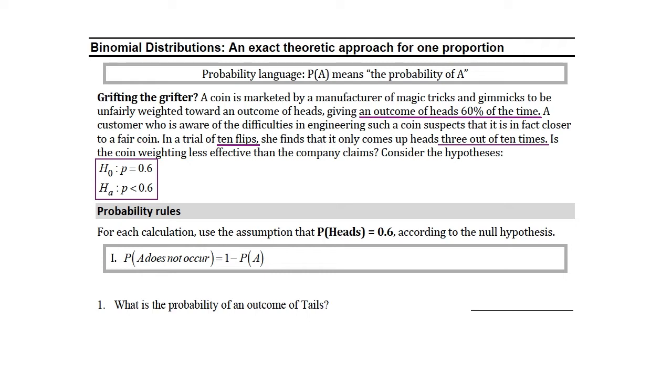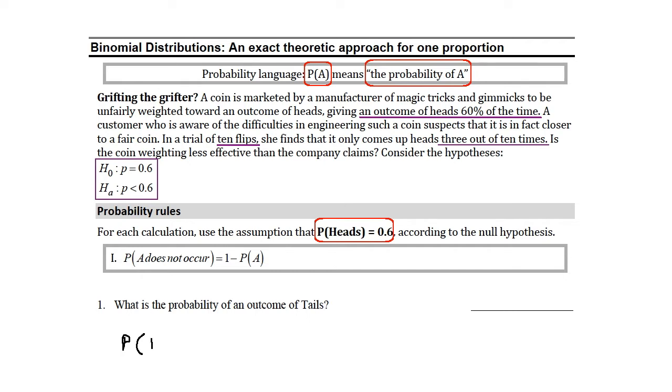To get into the binomial distributions, we first need to establish some basic probability language and properties. So when we say P of A with the A in parentheses like this, first of all, we want it understood that that means the probability of the event A. So in this case, P of heads refers to the probability of flipping heads, and we're going to assume that all of these calculations are just based on the null hypothesis assumption of 0.6. So based on that assumption, the probability of an outcome of tails is just like the probability that the heads does not occur, right? So we would say